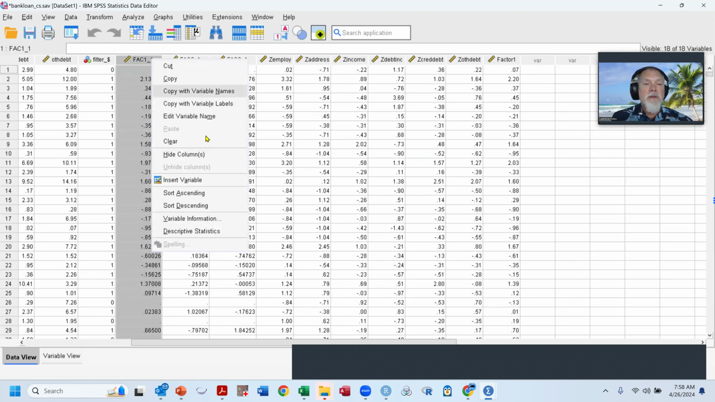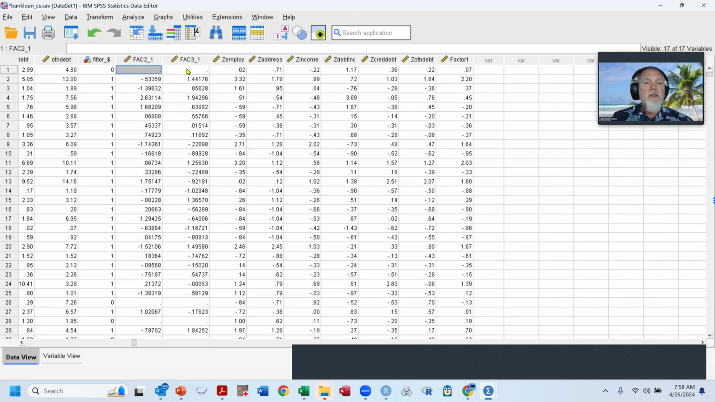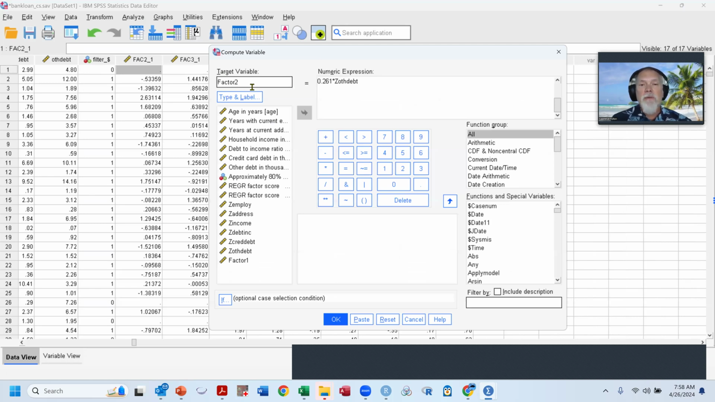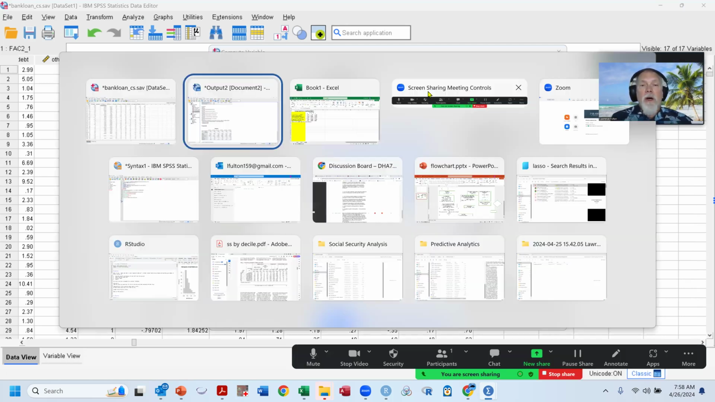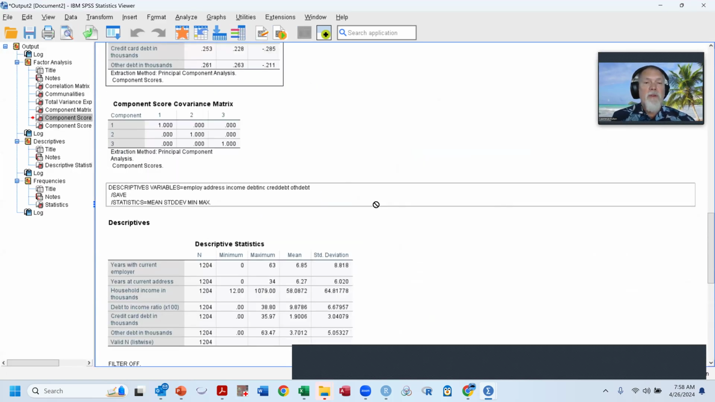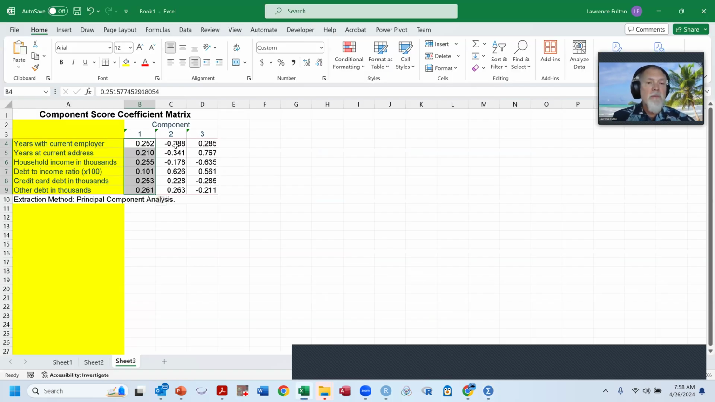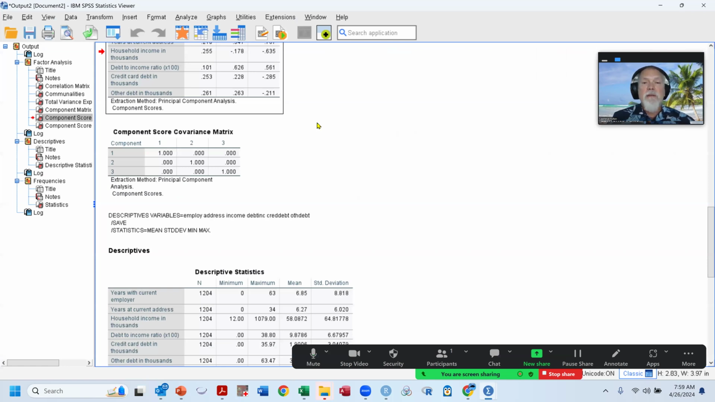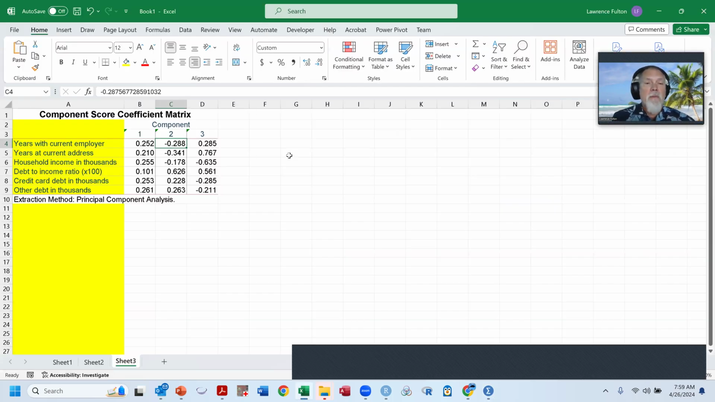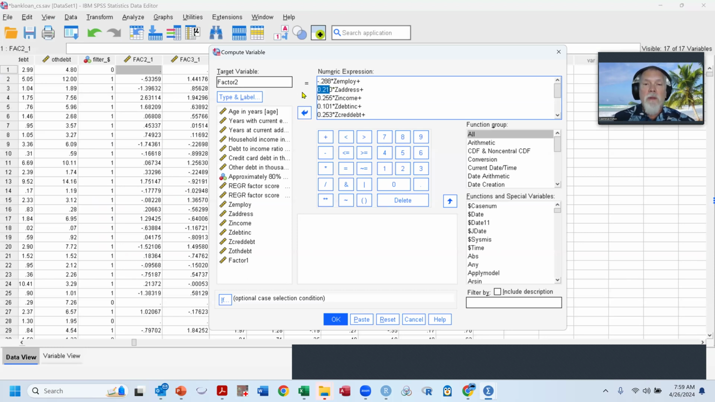We can do that with factor 2 as well. I'm going to cut this one. Now we'll transform, compute variable. This is going to be factor 2. All we have to do is substitute. Where are the components? Oh, I already have them over here. These components in: minus 0.288, minus 0.288, minus 0.341, minus 0.341,